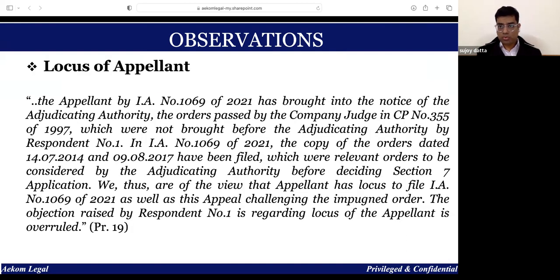So coming now to the second issue, that is the locus of the appellant. In this, the objection sought to be raised by the petitioner was that what is to be considered by the court is whether I am a financial creditor, whether the debt is pending, and nothing else. It can't go into any other objections raised by third parties who are neither the bank nor the corporate debtor. What is their role before the court, and why ought the court to entertain their objections? And on this, what was said was,